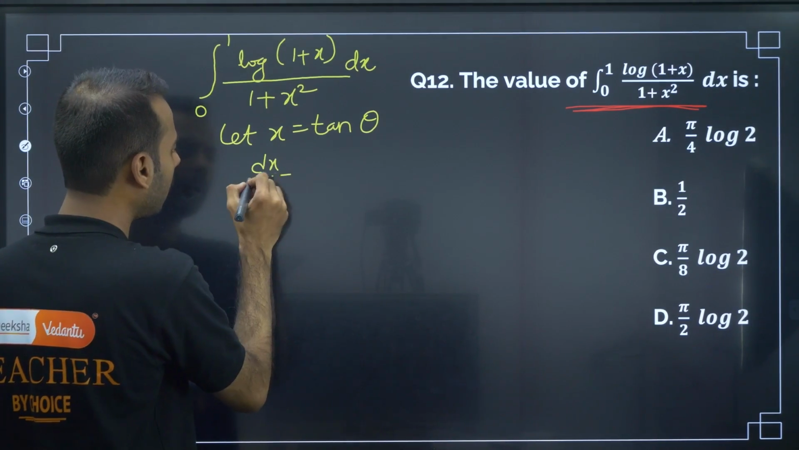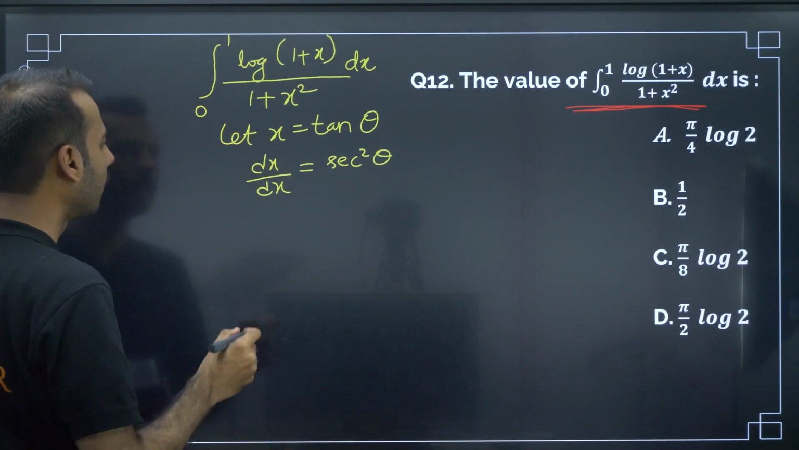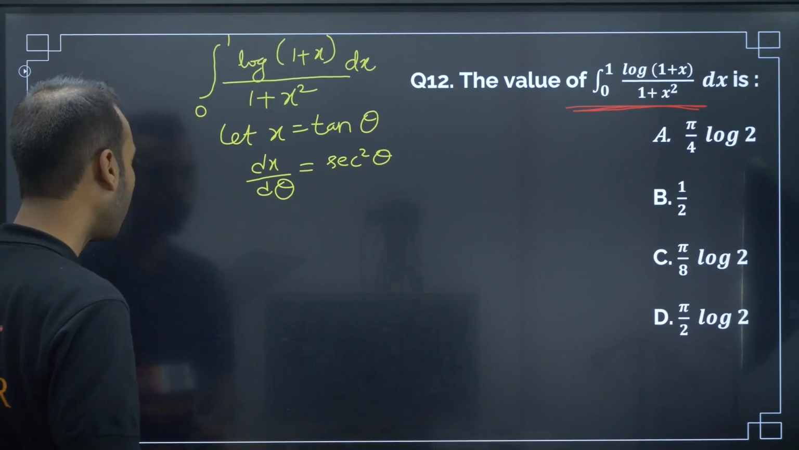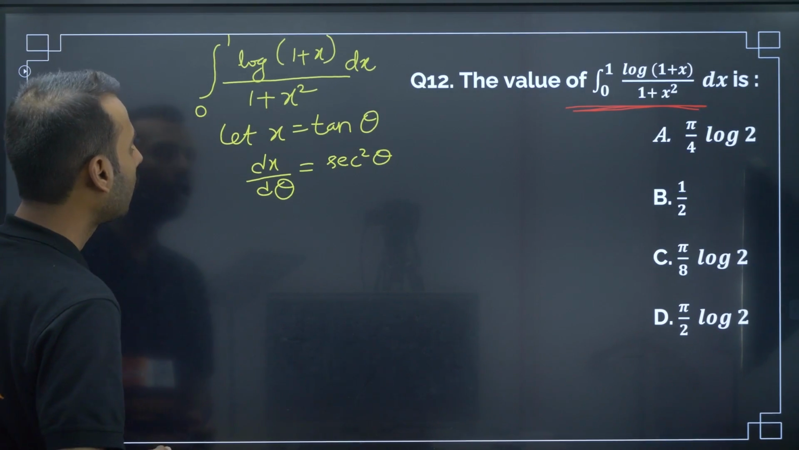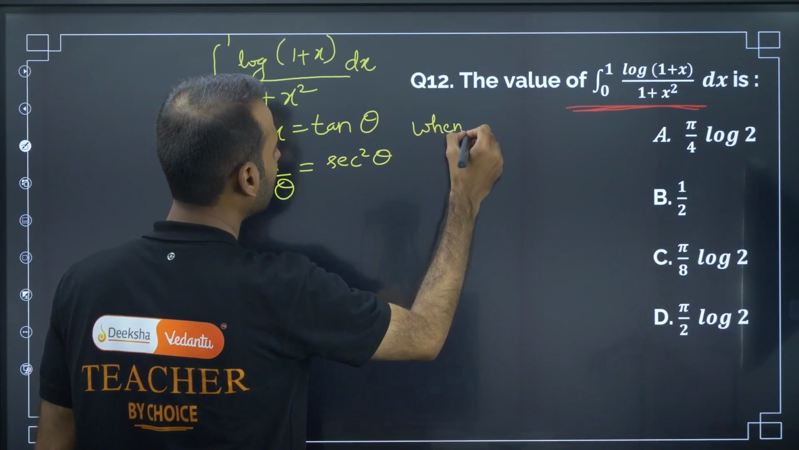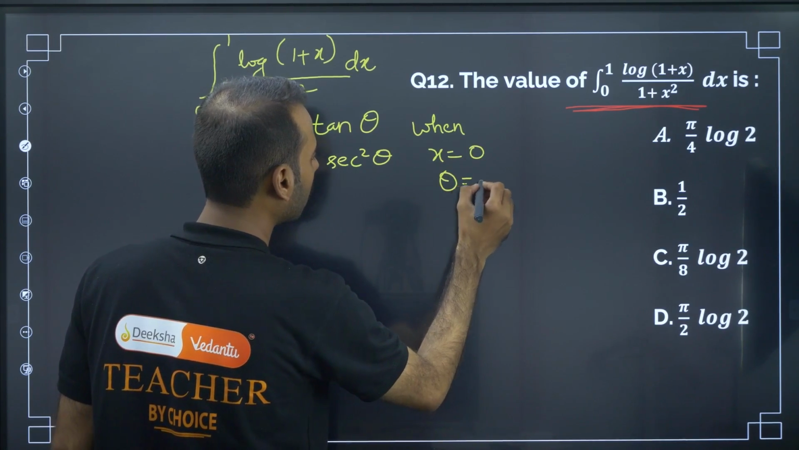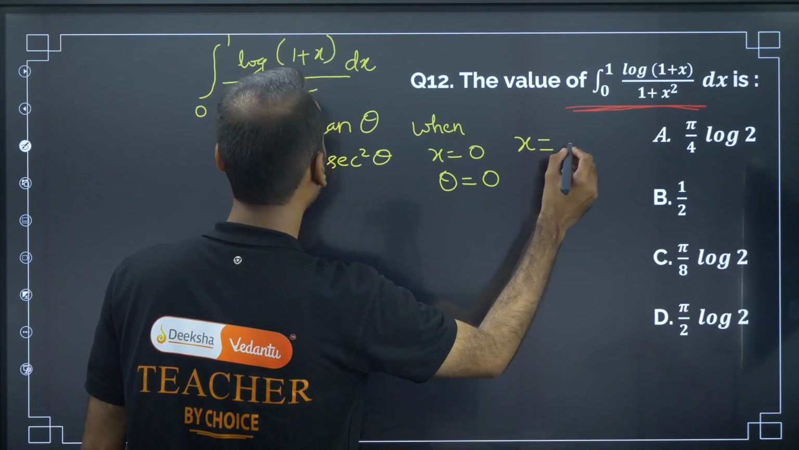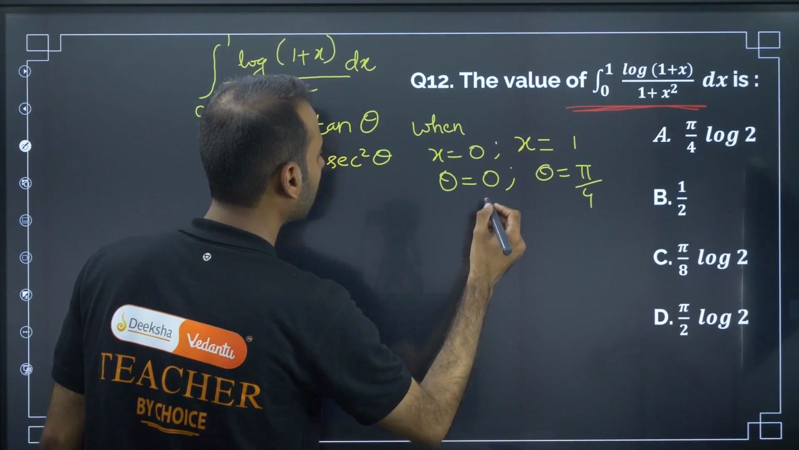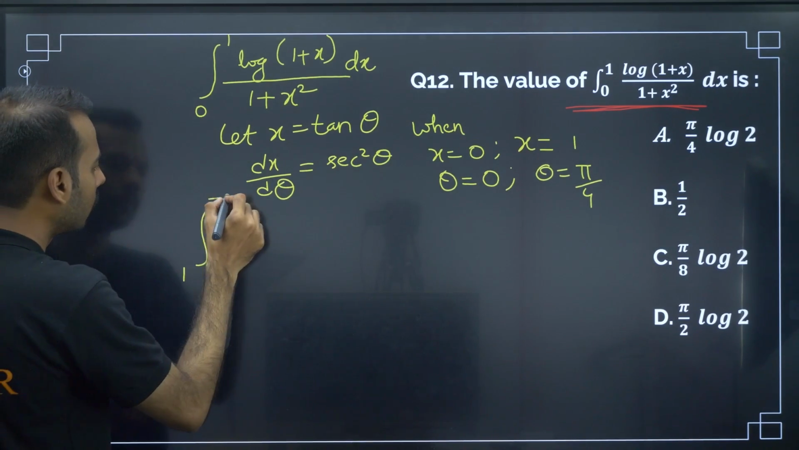So dx by d theta is secant square theta. Now when x is equal to 0, theta is equal to 0. When x is equal to 1, theta is equal to pi by 4. So this integral gets transformed to the integral from 0 to pi by 4,